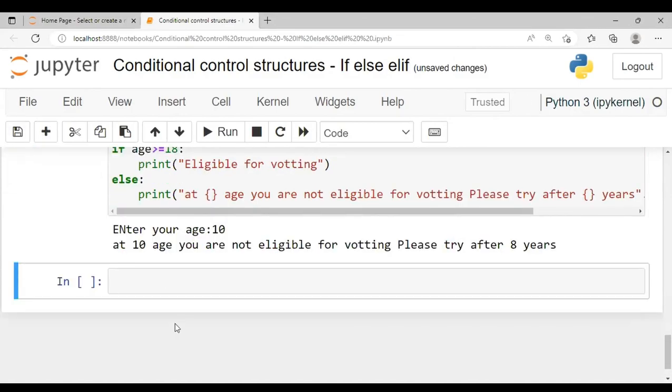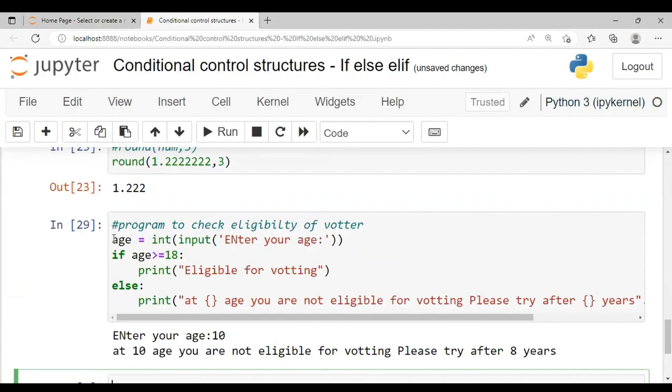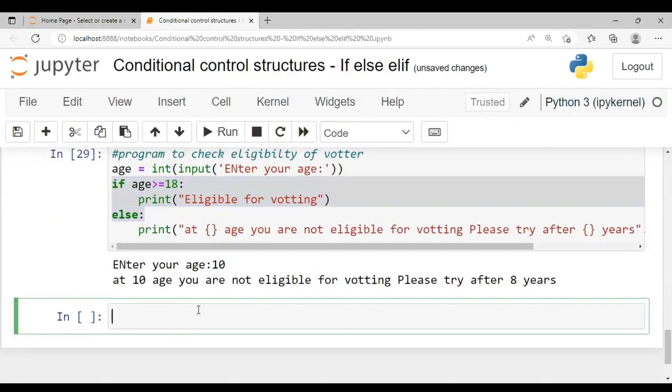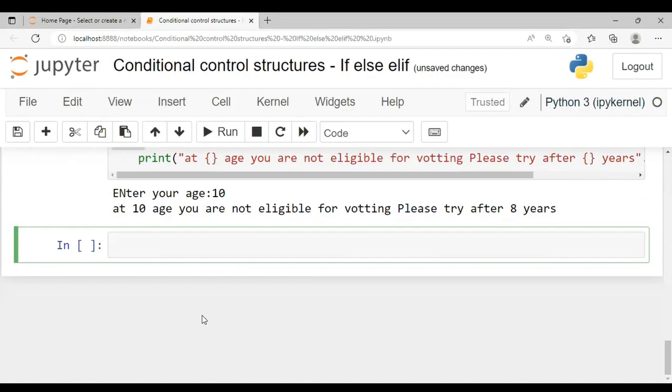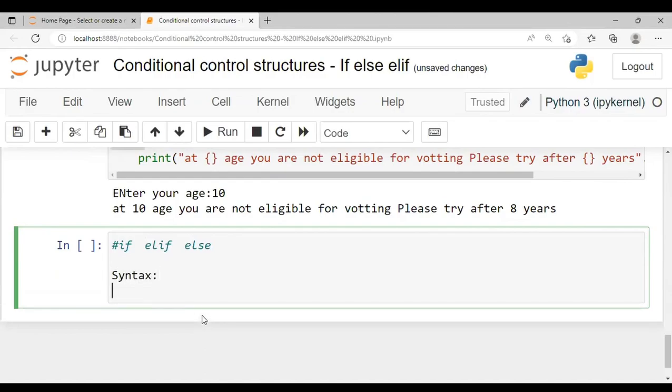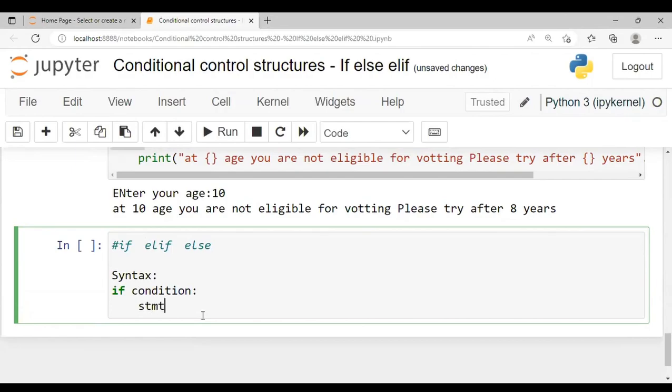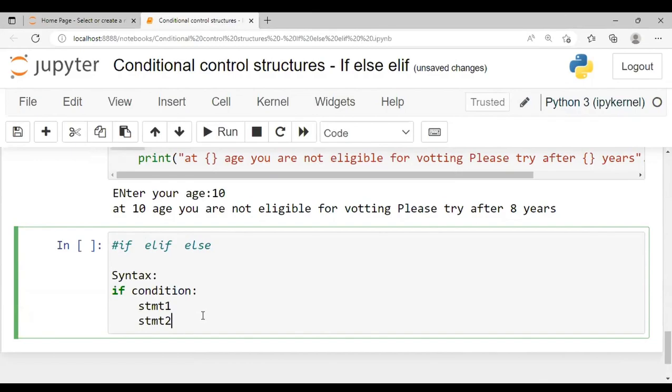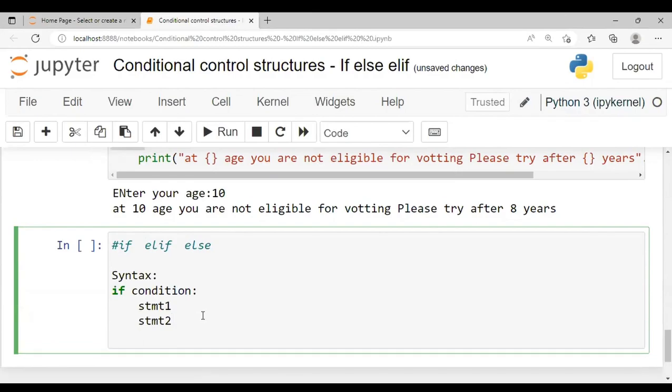Now let's go ahead. I believe everything is clear about if else now, right? Let's see the interesting part: if, elif, else. Let me write down the syntax. How syntax works, guys? If condition, statement 1, statement 2. If I want to add one more condition,